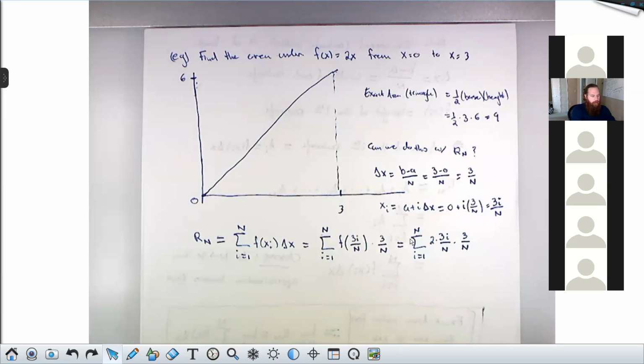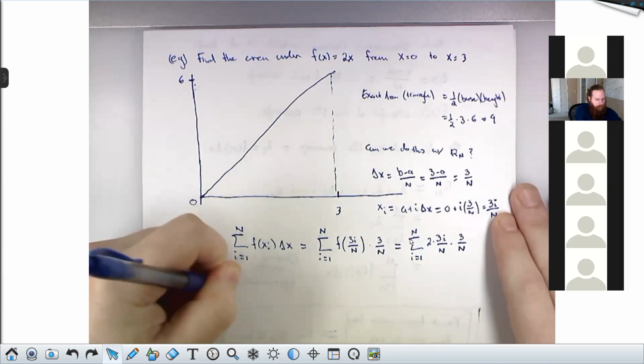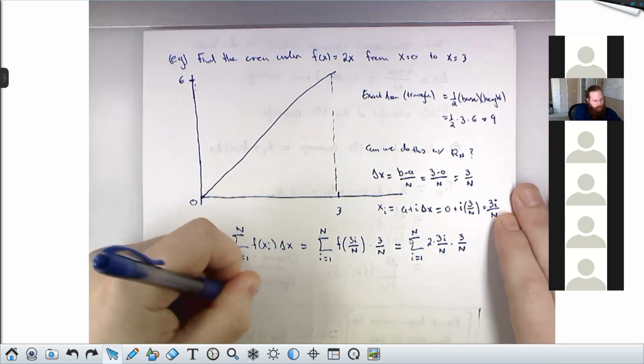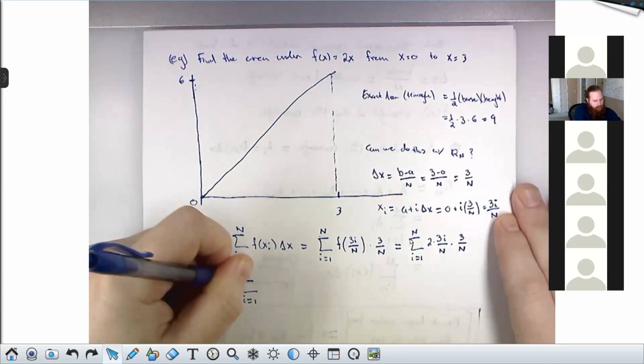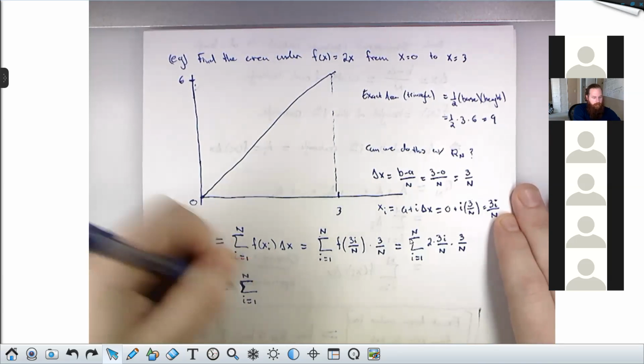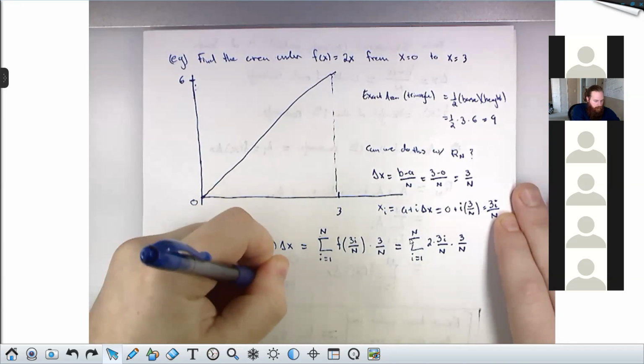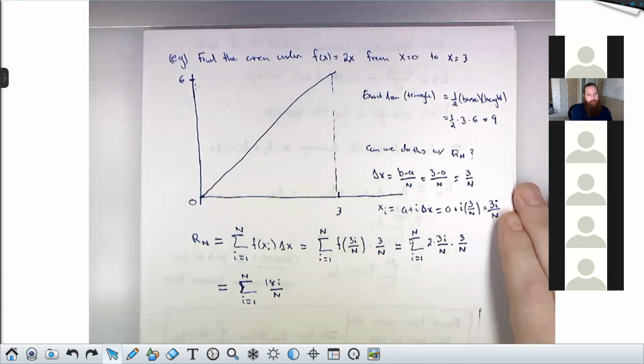So first I'm going to put everything in there together and combine all my like terms. I get sigma i from 1 to n. Sorry, I have a tendency to draw my sigmas with a small little bloop in the middle there. I've got 2 times 3i times 3 upstairs. So that is 9 times 2, which is 18i upstairs, and just n downstairs.